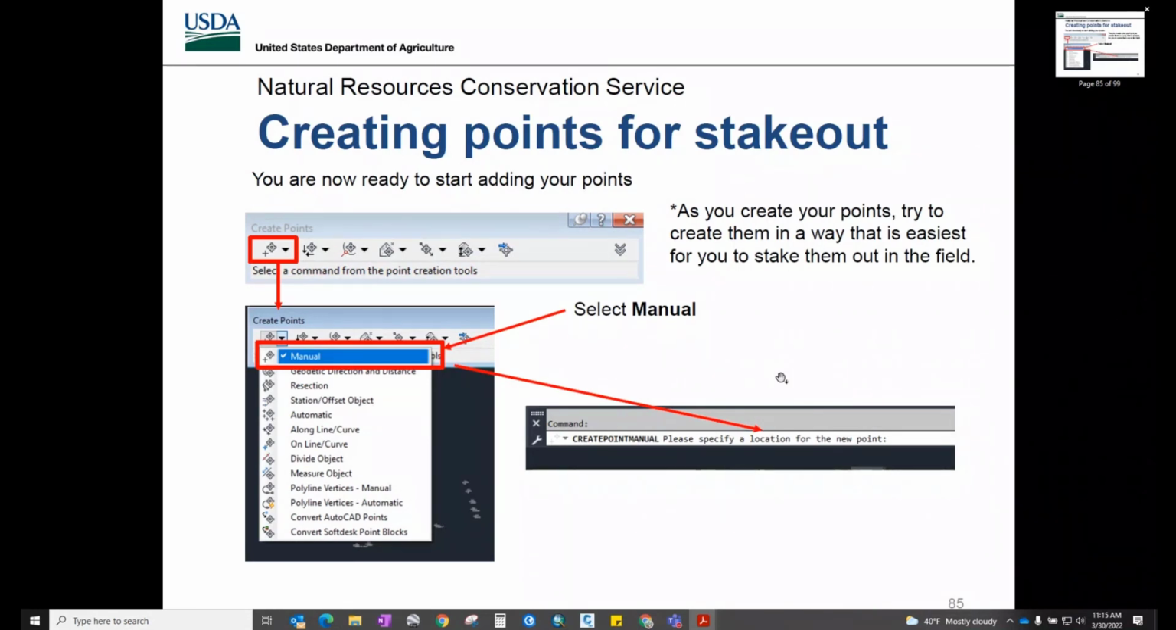Again, a couple ways of doing this. I'm only going to show you the manual way, but there are other options: you can go station offset, you can do direction distance. There's so many ways of doing this, and you can see for yourself what's easiest for you. You can do an offset along a specific